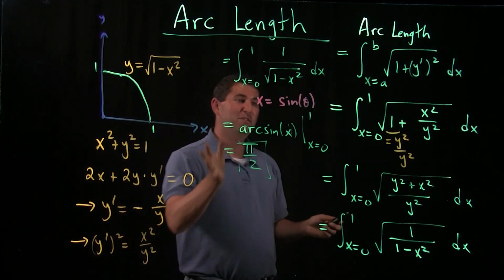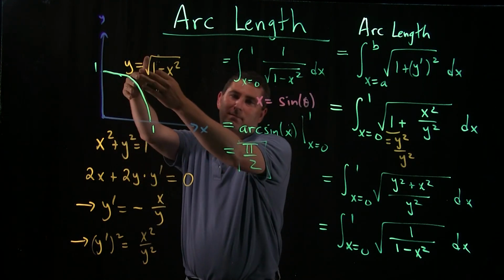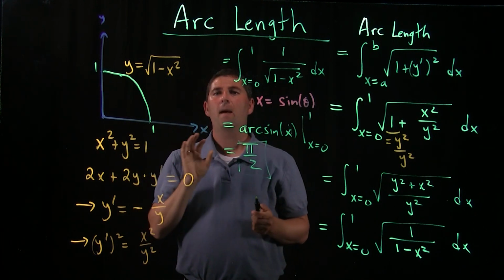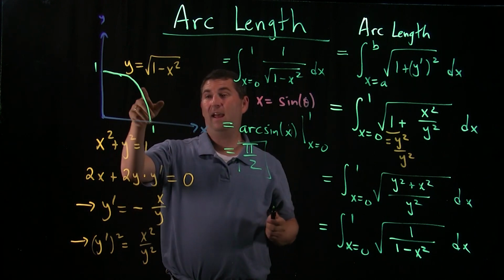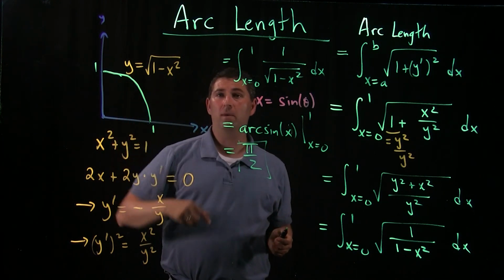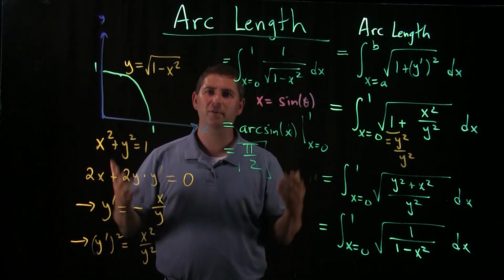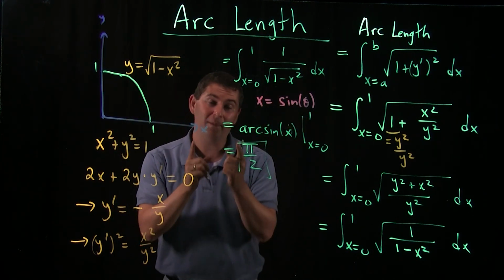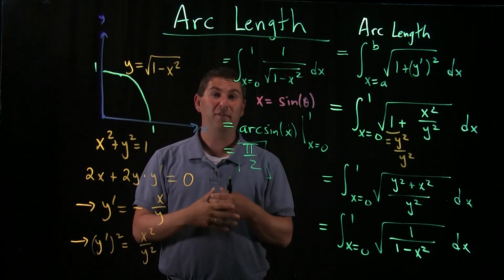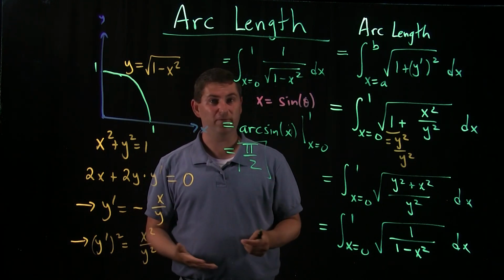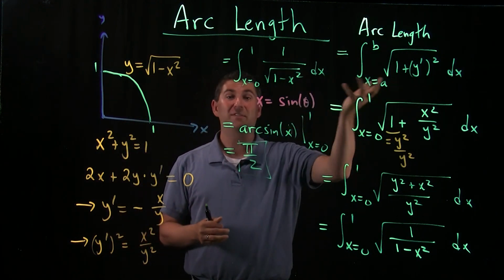All right, so this mess of work corroborates what we knew all along about the arc length of a circle. But this is going to be a lot more versatile. Say I didn't have y equals the root of 1 minus x squared, but I had y squared equals the root of 1 minus x squared. All of a sudden, this is a completely different curve, and you didn't learn a formula for that curve in elementary school. Or let's say you want to know the arc length of some sort of trig function or exponential function. We just don't have formulas for those, but this arc length formula is going to give us a way